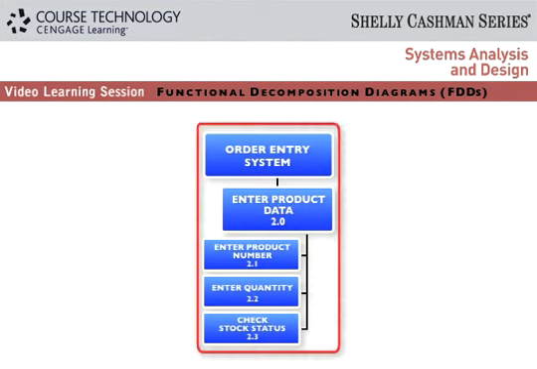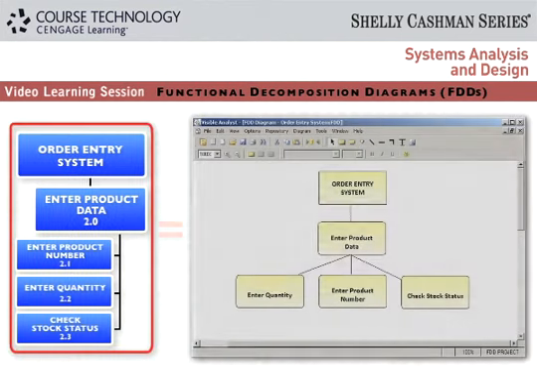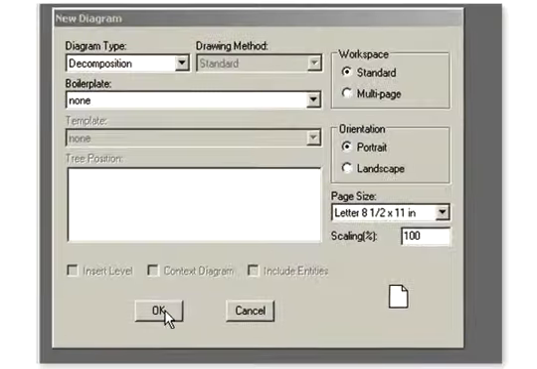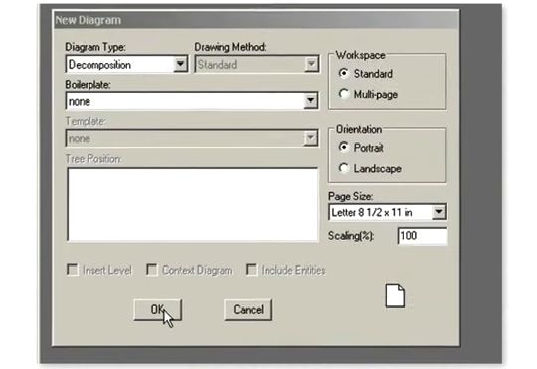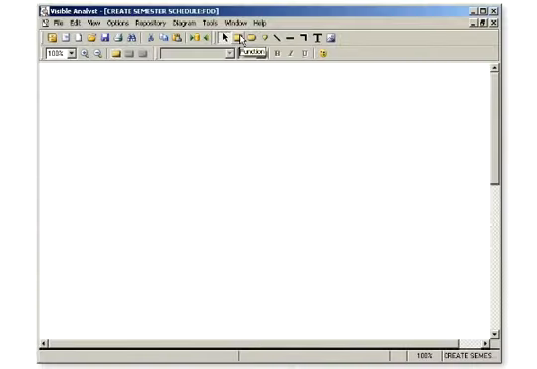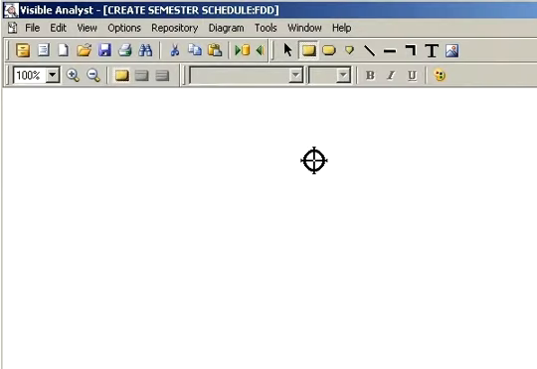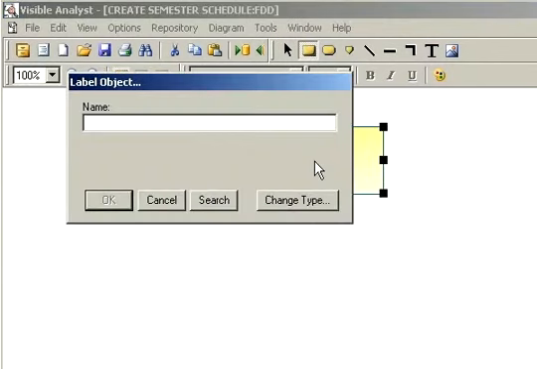For example, remember the order entry system diagram we created earlier? Notice that the case diagram is similar to the drawing, but now it is built into the case model. Using Visible Analyst, it's easy to create an FDD. You just drag the symbols onto the page and label them. We'll use a semester schedule as the example. We'll start with the Create Semester Schedule function